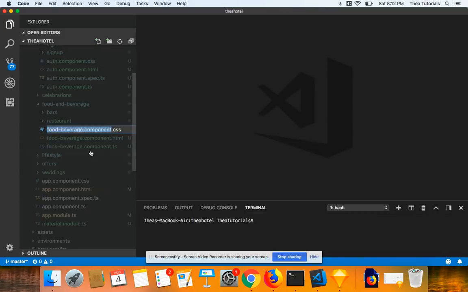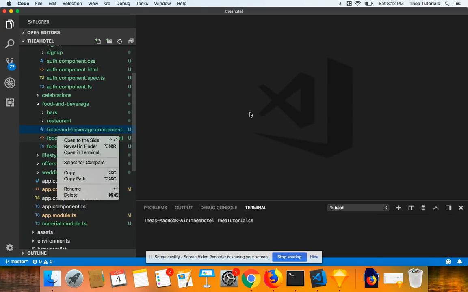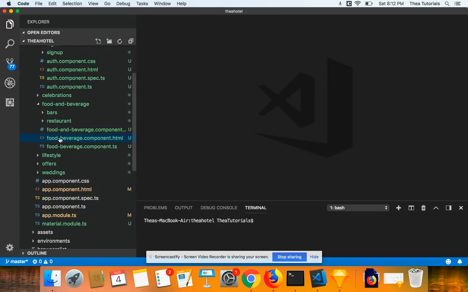I'm gonna click on rename, and I'm gonna select again from F to E, just this part here. I'm gonna paste in the correct version, the correct naming, and I'm gonna hit enter. And the one below it, for the HTML, I'm going to click away from it just to avoid confusion. I'm going to right-click on